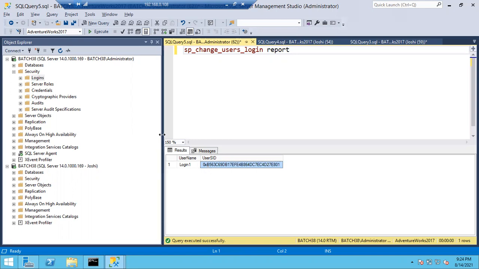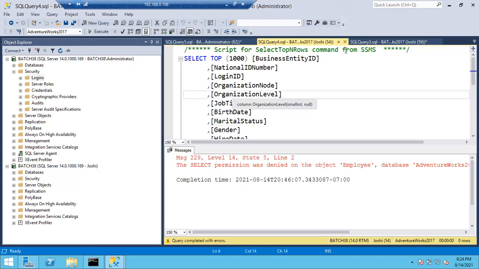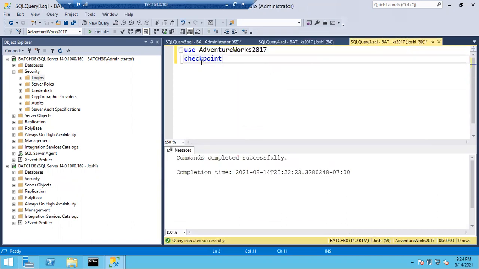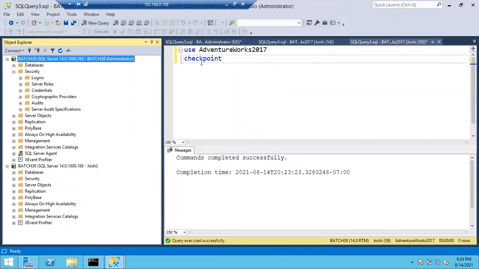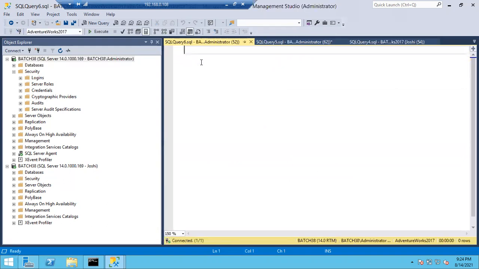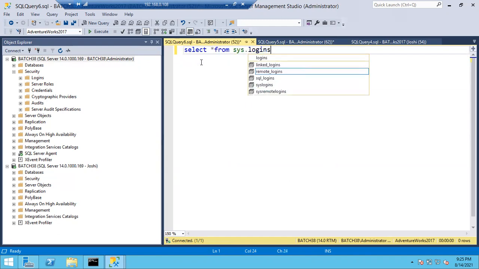Let me show you. I can use a query: select star from sys.logins. To find out the logins in SQL Server, I can use sys.logins.